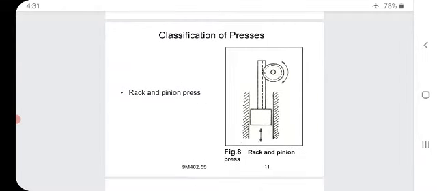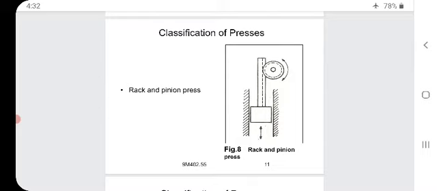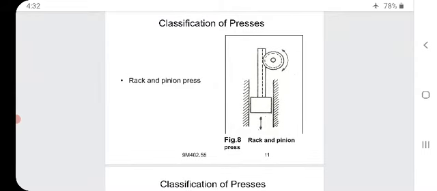So see on the screen. The rack and the pinion, you are seeing both things. Those consist of gear shaped teeth on the outside area. So due to the presence of gear shaped teeth on the rack and the pinion, initially from the external source, the rack will get the movement. So due to that movement, it will move up, and in the reverse direction it will move down. Like that, the piston will move from the TDC to the BDC or from the BDC to the TDC.